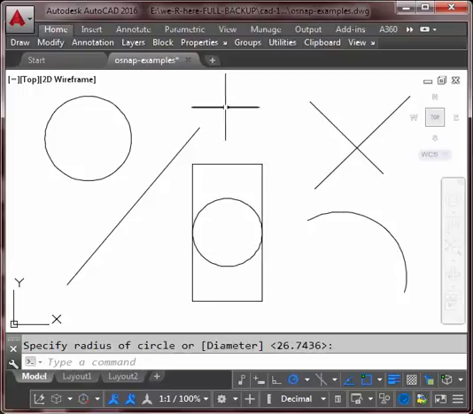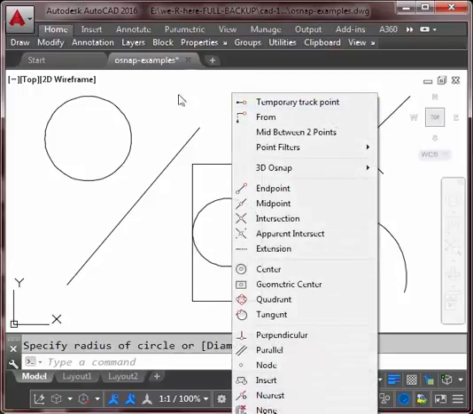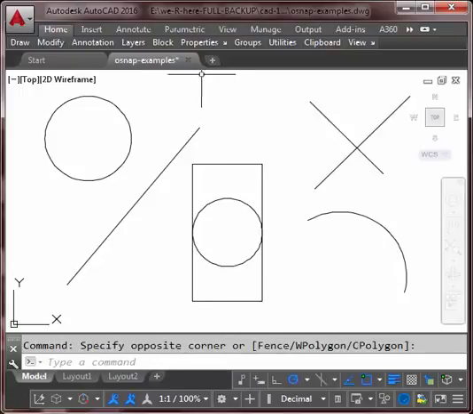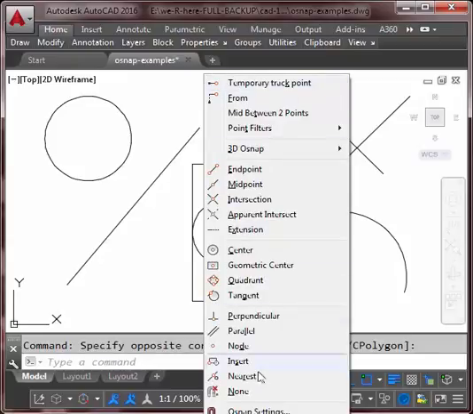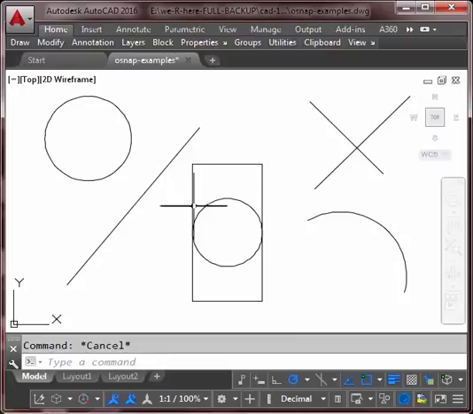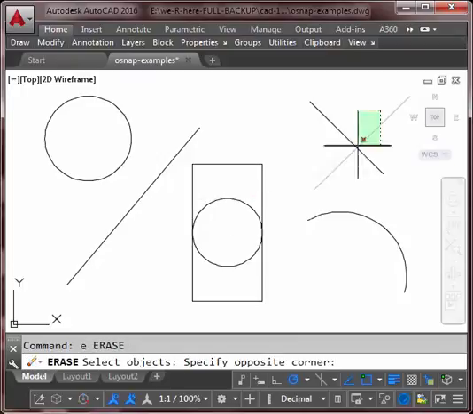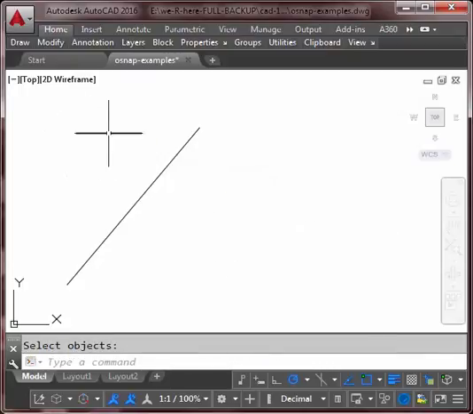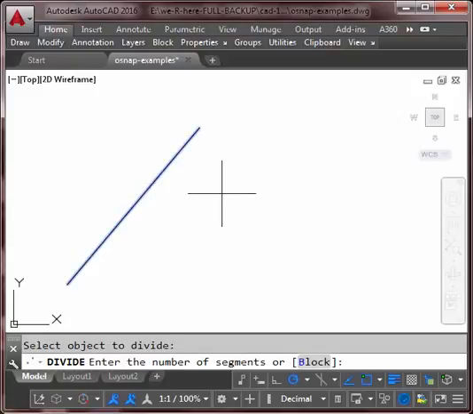Once again, I'm just going to go and shift right click, and you can't see them all here. There you go. And there are quite a few. I'm going to show you another one that comes in handy. I'm just going to erase everything here, and if I use the divide command, I'm going to select this and I'm going to enter in let's say